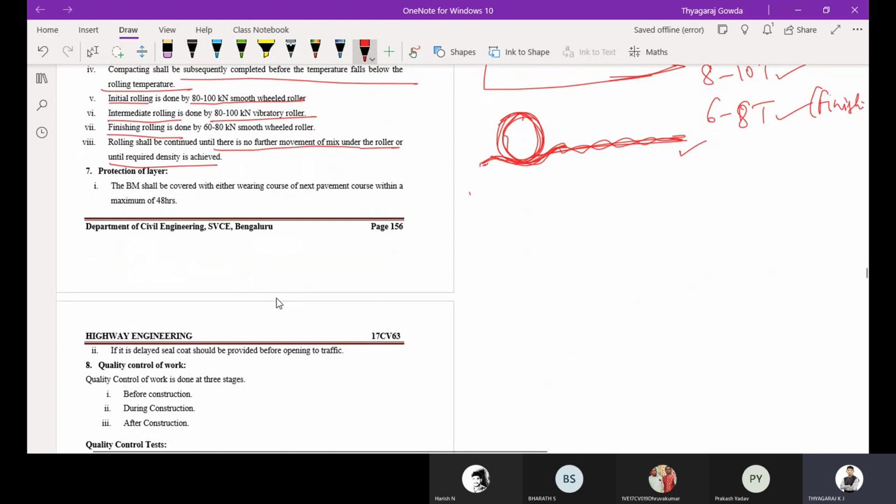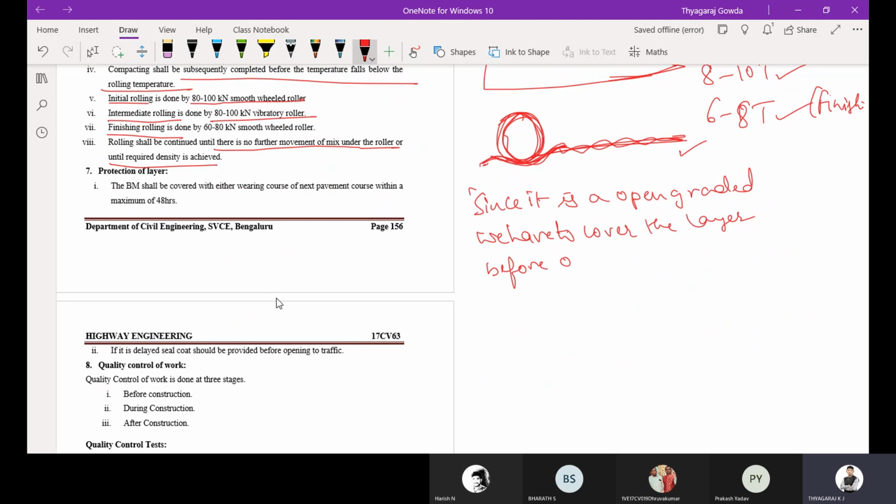Since it is open graded, we have to cover the layer before opening to traffic, either by constructing the next pavement layer, or by sealing the voids.